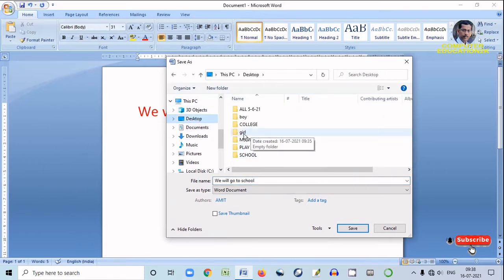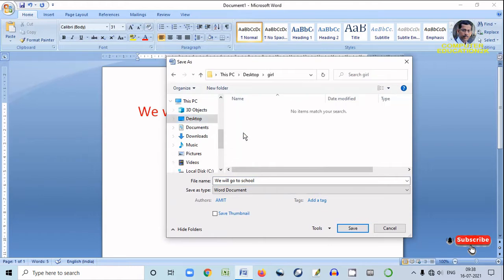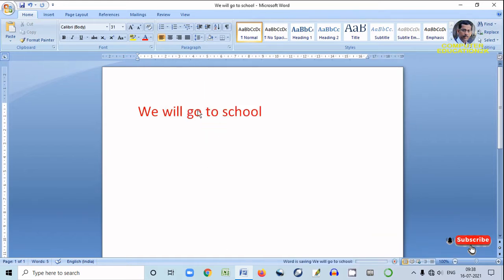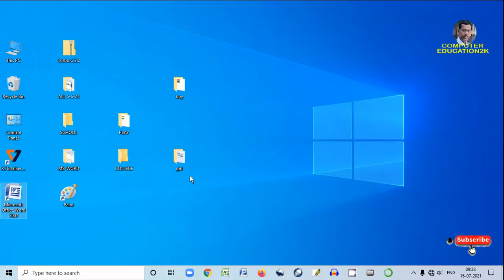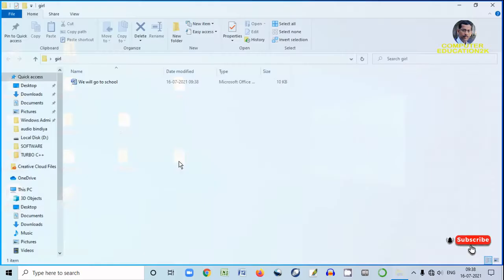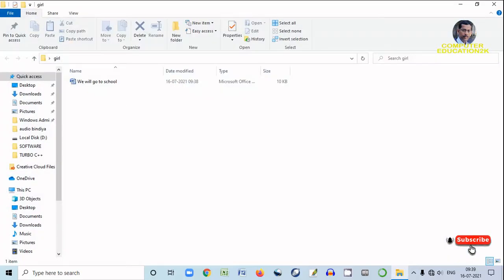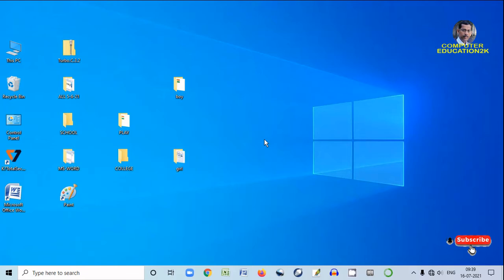So you just double click on the girl folder, and then give a file name. See, the file name has automatically come, and then you can save. So this file is saved in the girl folder. You can close this, and now you see in the girl folder one file is saved. In this way you can create a folder, and inside the folder you can create files.